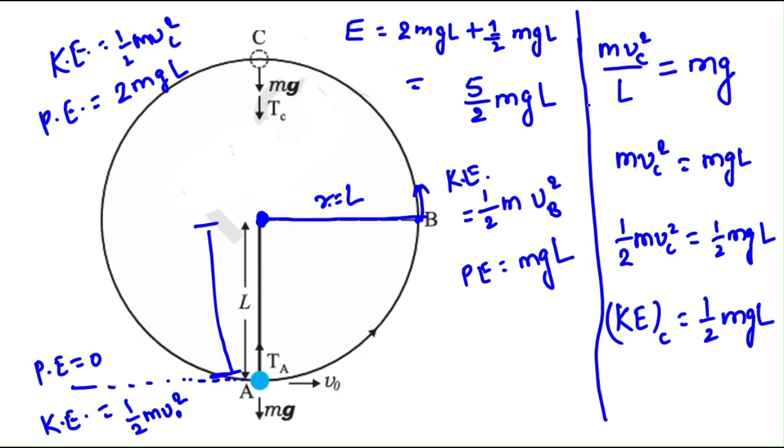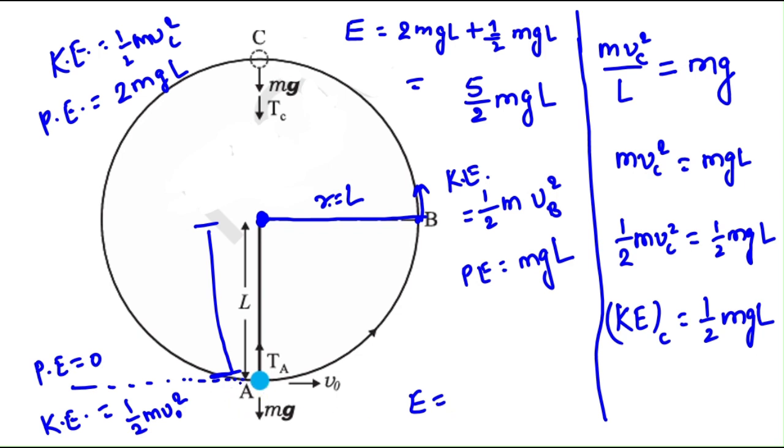Now, conservation of mechanical energy, because this all thing is happening in a conservative force field, that is, gravitational force field is a conservative force field. So whatever be the mechanical energy at point C, the same mechanical energy will be at point A. Just there will be difference in kinetic energy and potential energy terms, but the total mechanical energy will remain the same. So this E, we can equate